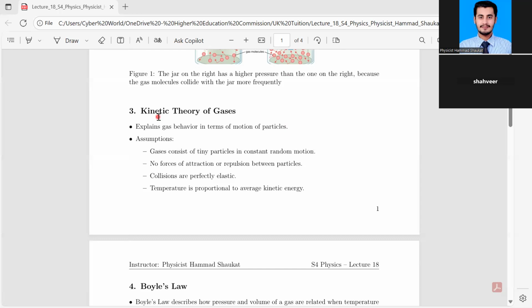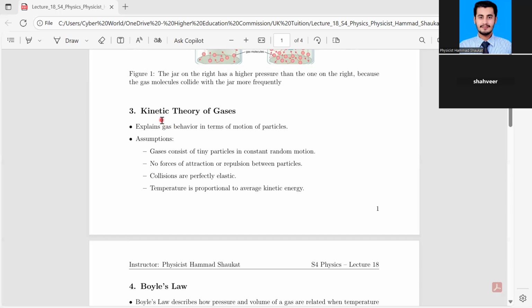Basically, kinetic motion is the motion due to the motion of particles. Okay. So if molecules are in motion, you can say those molecules have kinetic energy. And if molecules are at rest, it means those molecules do not have kinetic energy. So kinetic energy basically depends upon the motion of particles. The more motion the particles have, the more kinetic energy they will exert. Right?